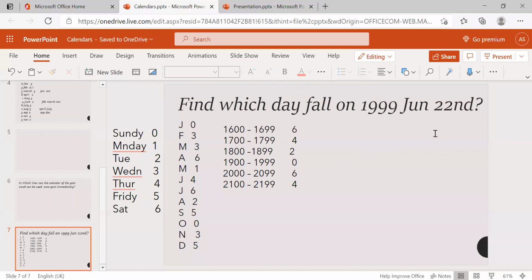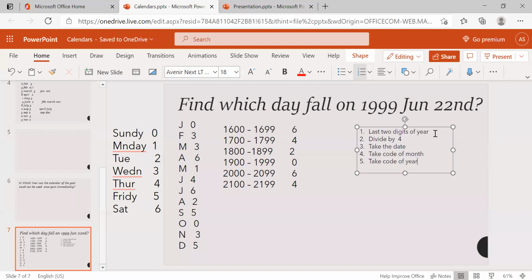The second step is to divide by 4. Then take the date. Then take the code of the month. Take the code of the year. Then total. You need to remember these steps. At least 5 steps you remember, then the total is okay, you can do it.